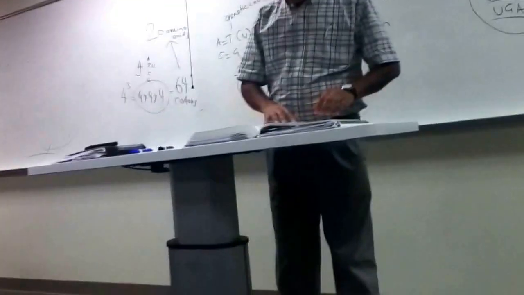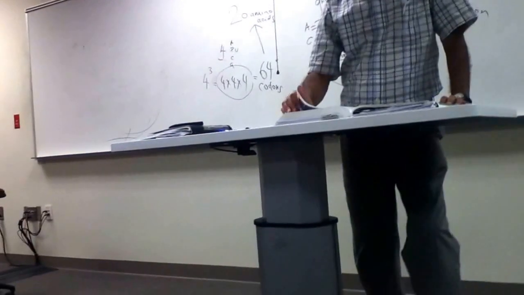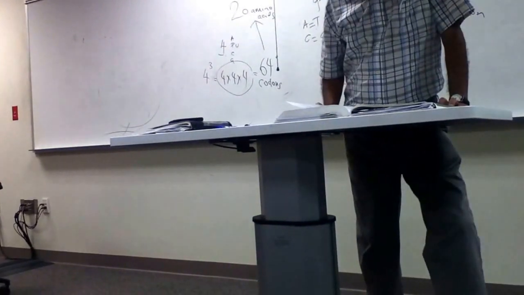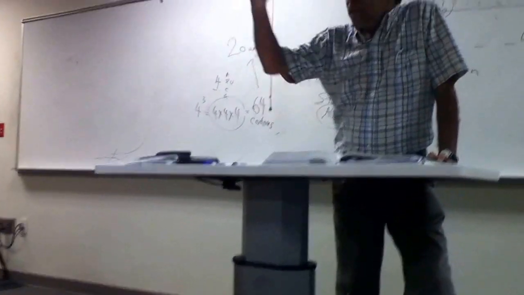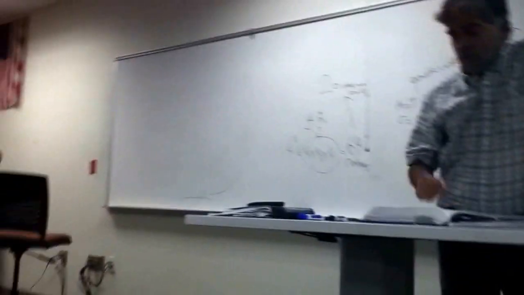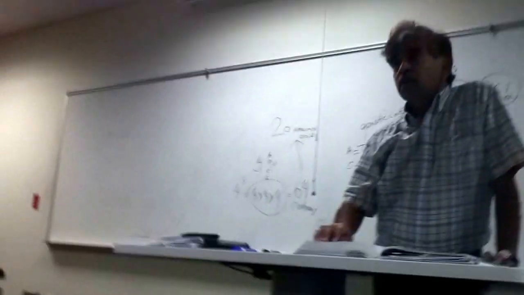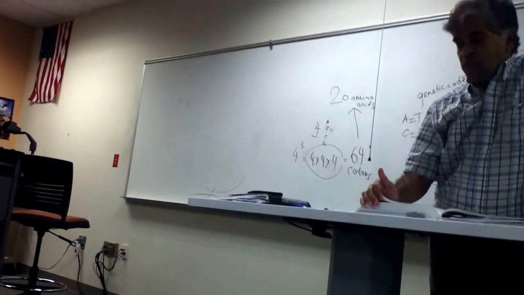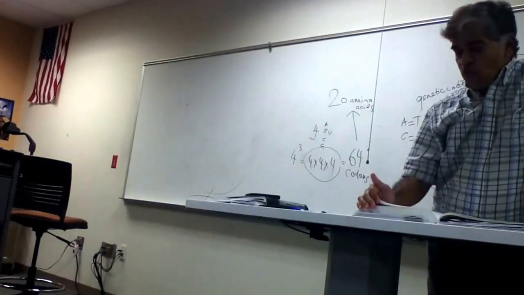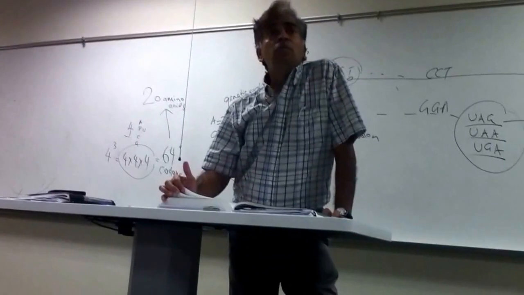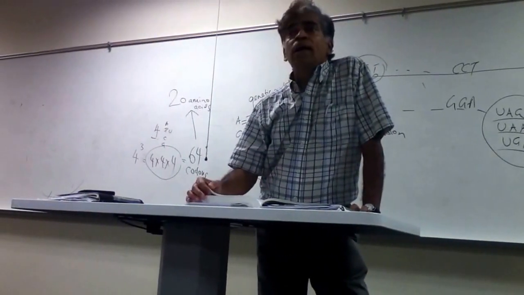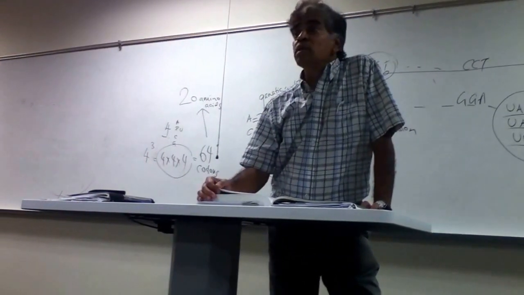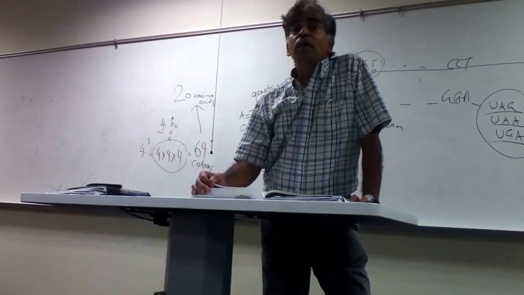So to summarize, if you want to look up figure 4.6, you can see the steps. First you see the gene, the DNA sequence that goes through transcription, and then you form a messenger RNA. But if it is a higher level organism like some of the animals, humans and plants, they go through a